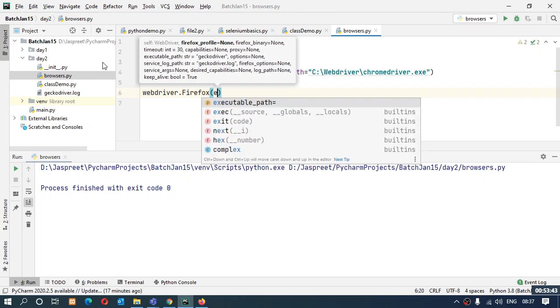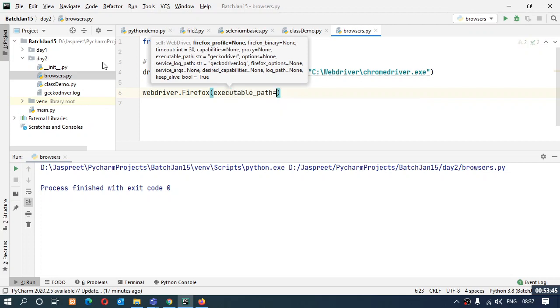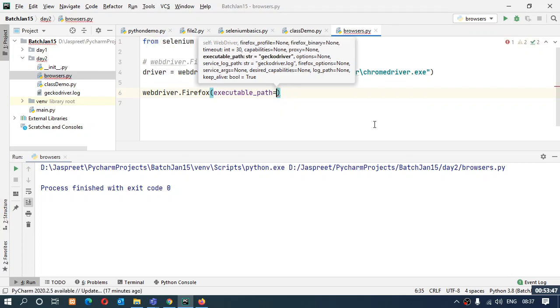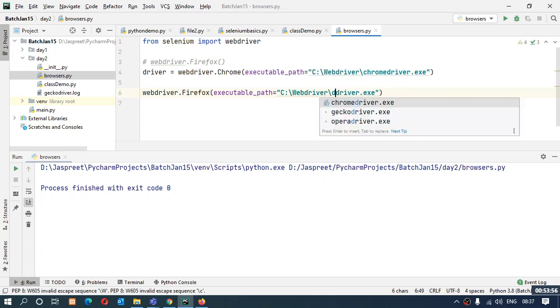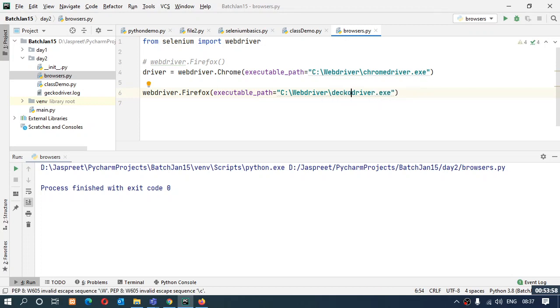Executable path, and you have to give the path of your Gecko driver, the driver that you have just downloaded. So that will come up over here, Gecko driver. So this will also open a blank Firefox browser for you, the same way that earlier Chrome opened, the same way it's going to open up.